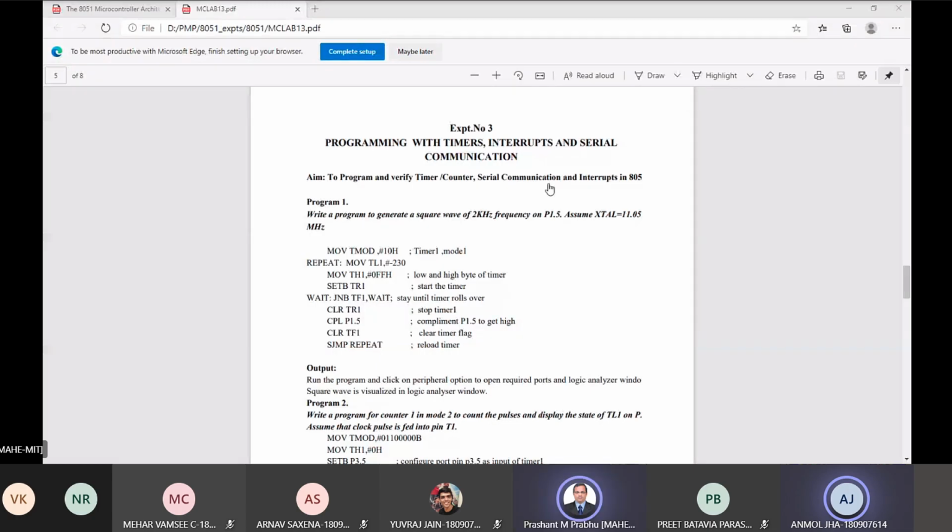I can pick anyone randomly. You should try. You should have. See, all these programs should be there. I mean, the experiment number 1, 2, 1, 3, and 7, right? All programs, all exercises, you should solve and keep it with you in your notebook. A fair notebook you should keep.